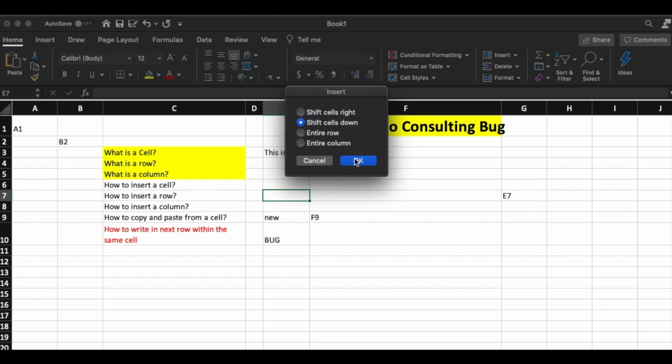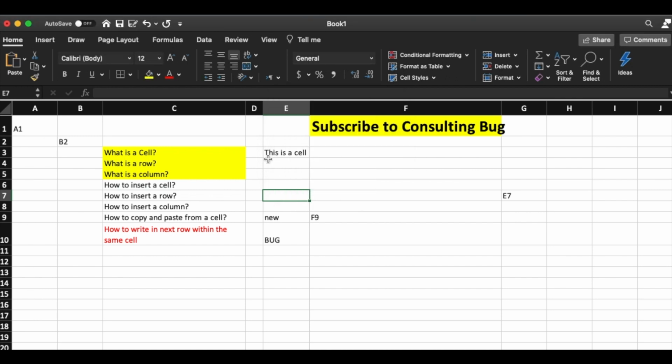These are also the same 3 ways in which you can insert a row and insert a column. If you see, the third option says entire row and fourth option says entire column. So we can just go and experiment with this option. First, let me highlight because we have understood how to insert a cell. Now insert a row.